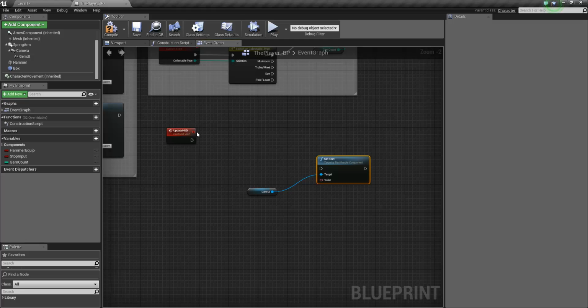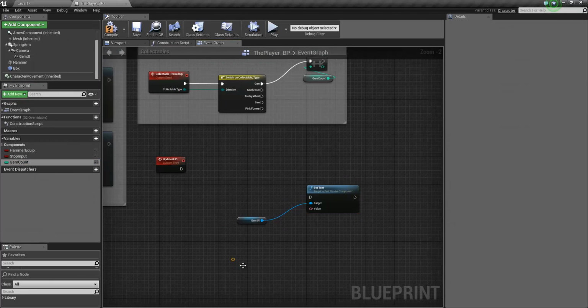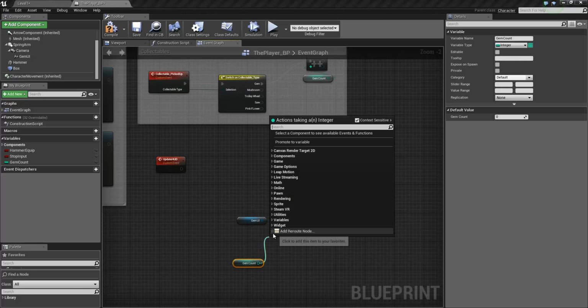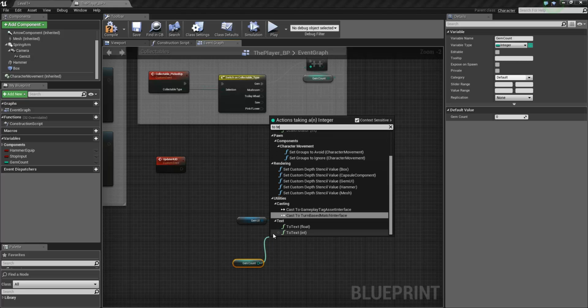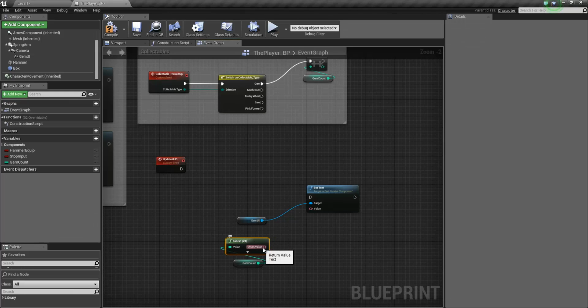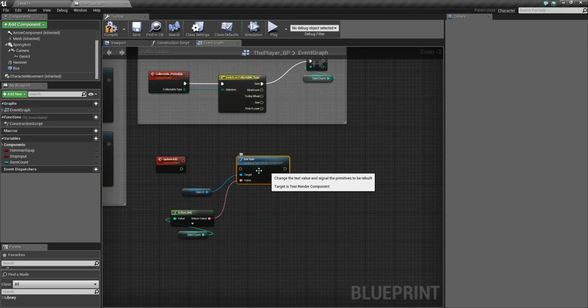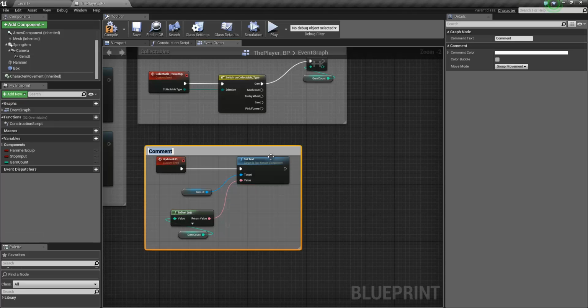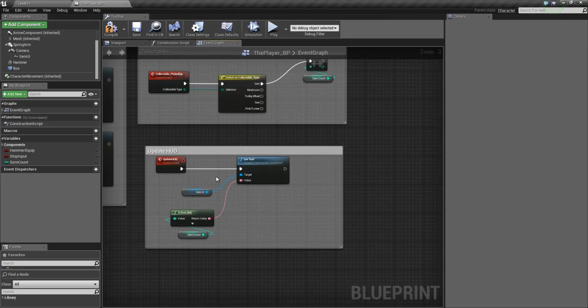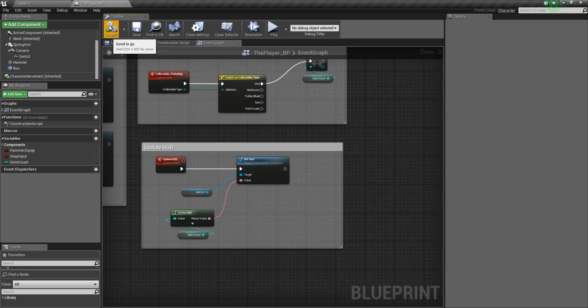I'm going to get our gem count, and we want to do text int, and we're just going to plug that in, and that is basically it. So we'll plug that in, comment this. So this is a very quick way of getting the HUD to work and update. So if we save that,